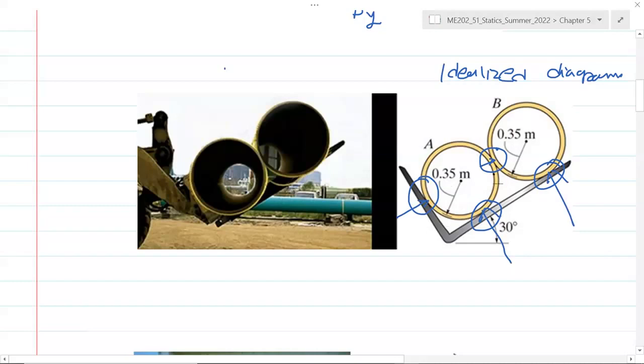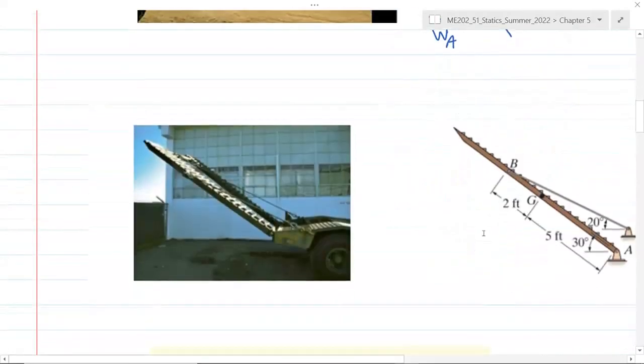Other than that, this pipe is a rigid body, so it has weight, shape and size, and the weight of the pipe acts through the center of gravity. So this is the weight of pipe 1 and this is the weight of pipe 2. This is called our free body diagram. In an idealized model or idealized diagram, we just draw the diagram. We don't add any of these force arrows, but in a free body diagram, we do add them. There's another assembly